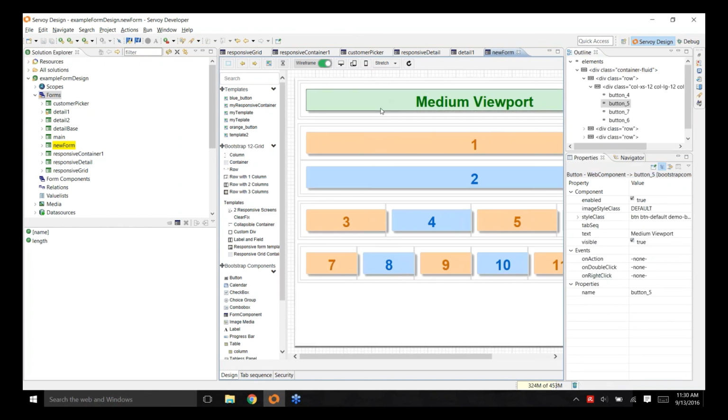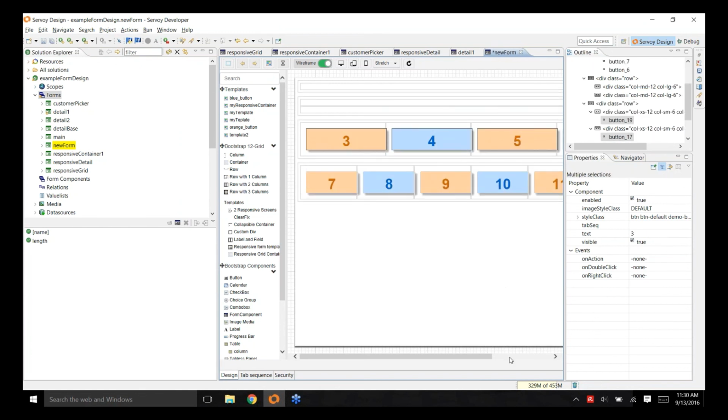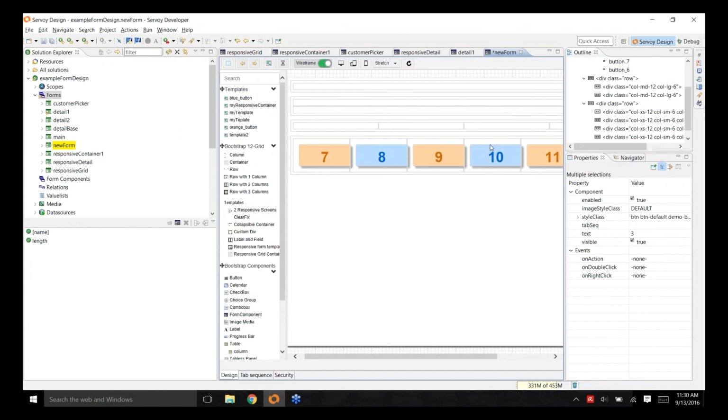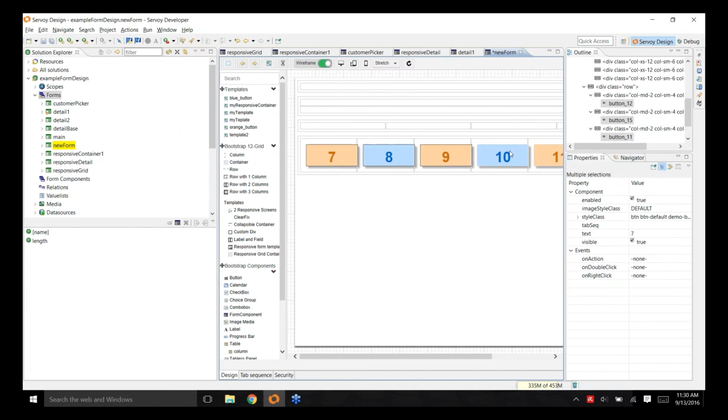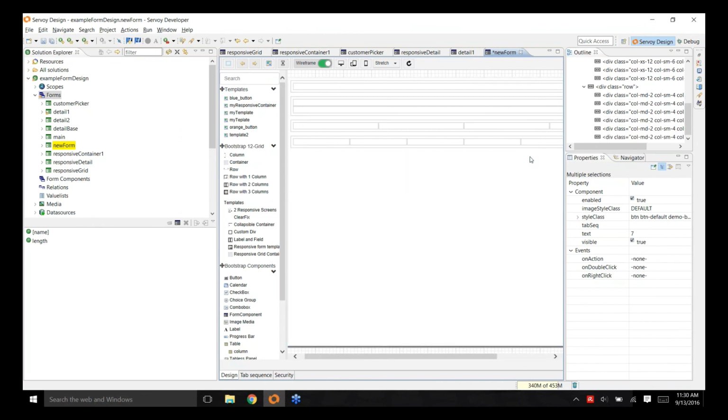So now what I can do is I could go through and sort of get rid of these buttons because they were really just, or these blocks, they were really just placeholders. And probably in reality, I would save my template to not even include those, and it would just look like this. So now it's like, well, the work that I put into designing the template and how things are going to work, the structure, I just do once, I save this, and now what I could start to do is, you know, I can drag components. So I could put some Bootstrap components on here,